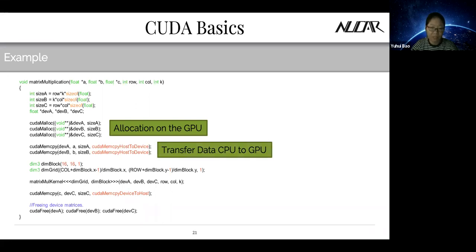You copy data from CPU to GPU. Once you figure out the number of threads in a block and the number of blocks in a grid, you can call the kernel. The kernel is called the matrix multi kernel. From the name, you can tell it is doing matrix multiplication. Once you call the kernel,